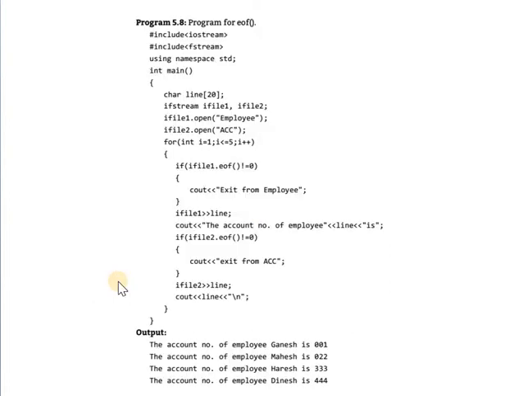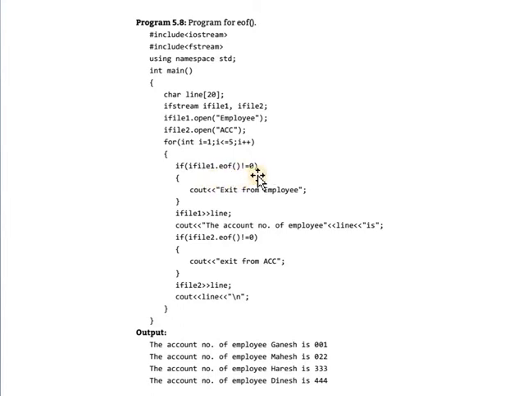Here is one example. In this example, the EOF function is applied. Here in this example, there are two files named ifile1 and ifile2. Here two files are opened, then one by one contents will be checked, and the EOF function is applied.